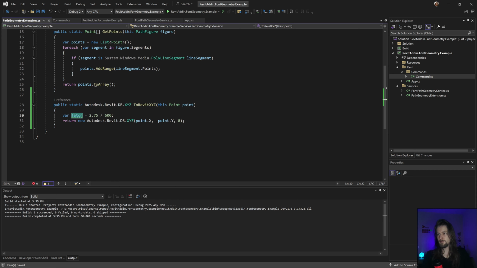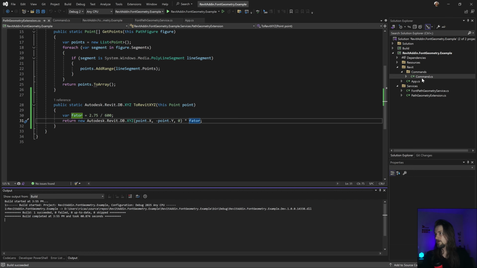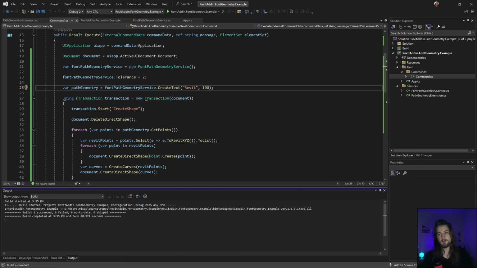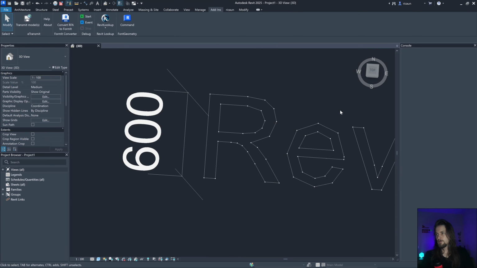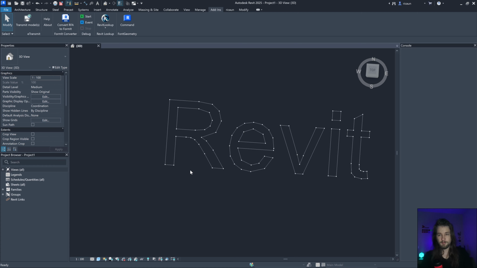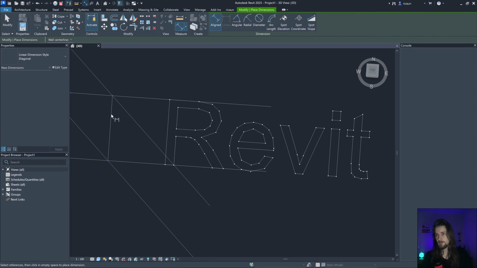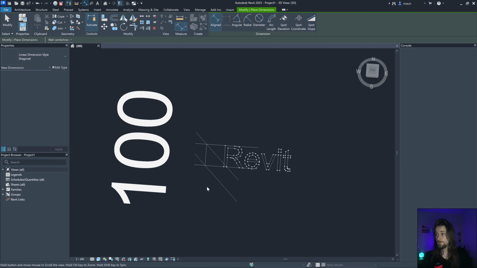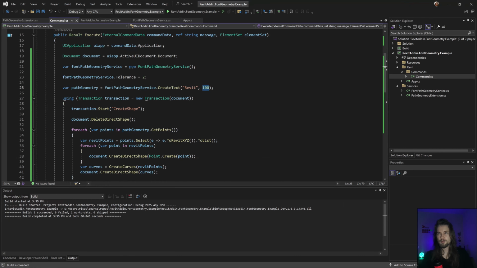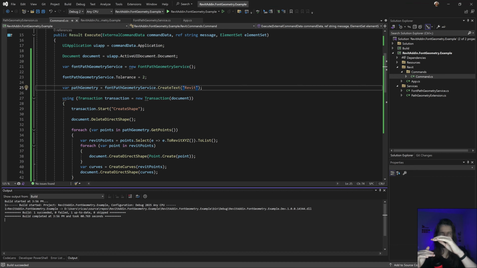So if I multiply this one with that and change this to maybe 100 right now, this could create a font with the size or height of 100. Yeah, that's the idea. So now I have a more precise way to create the text with the size that I want in the model.